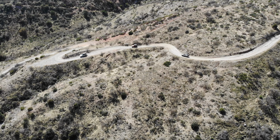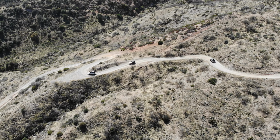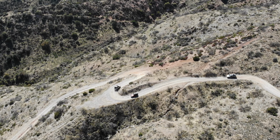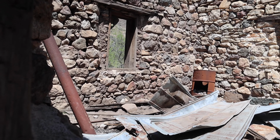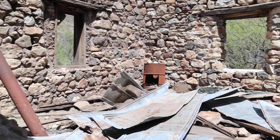When you finally get to the bottom of the switchbacks, you'll come to a T. If you go right, you'll just continue on your way, but if you're up for a quick run up the rocky trail to your left, you'll end up here, near the ruins of a stone cabin that dates back to the late 1800s. While I couldn't find a definitive account of its history, one source did refer to it as